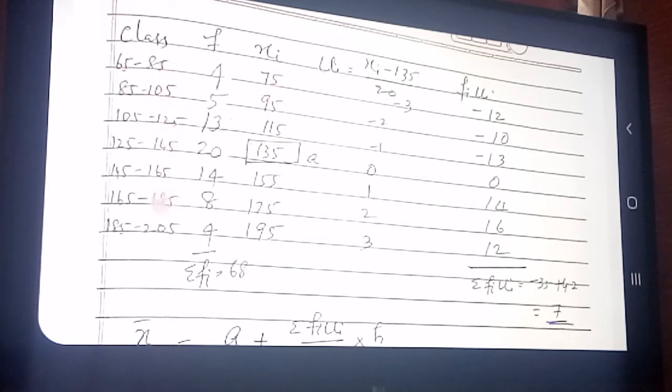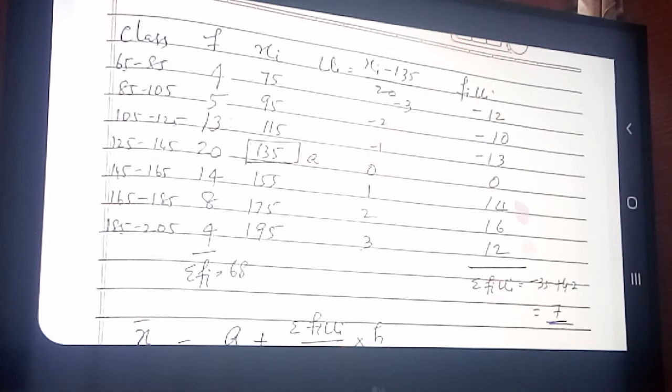Here you can see the class length is the same now. I told you, if the class length is the same, you just add them. So 25 add and write. Here all add. Okay. And the frequency is given. Now your next duty is to find the assumed mean. So assume, then you find ui. ui is equal to xi minus a by h. a, what did you select? 135, and h you already know is 20. So you know these details now.